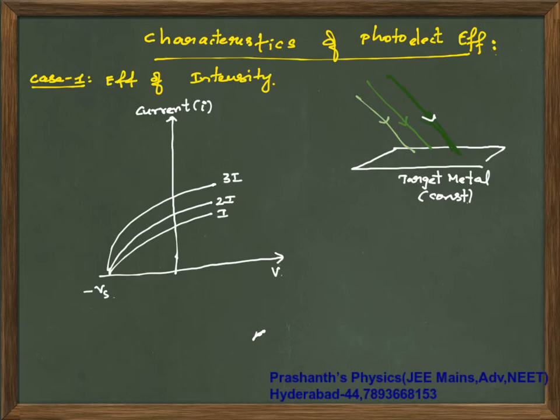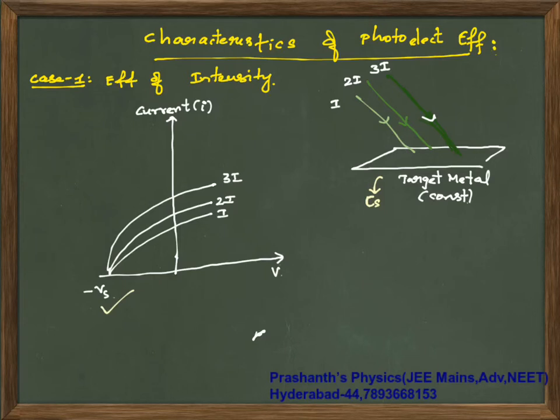For all, frequency is constant as I have discussed previously, but what will actually change is your intensity. So the intensities are I, 2I and 3I. The darker the color, the more the intensity. On the green board, green color is not much visible. The target metal is the same, for example sodium or cesium, so the cesium metal's work function will not change. So your graph will start at the same point for all three.